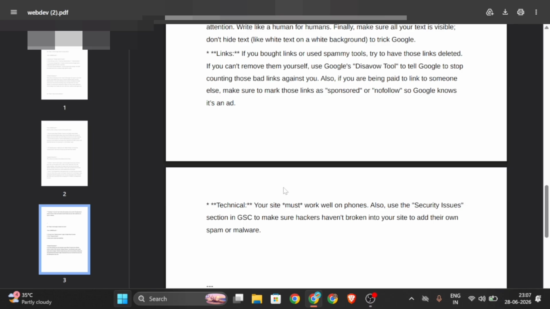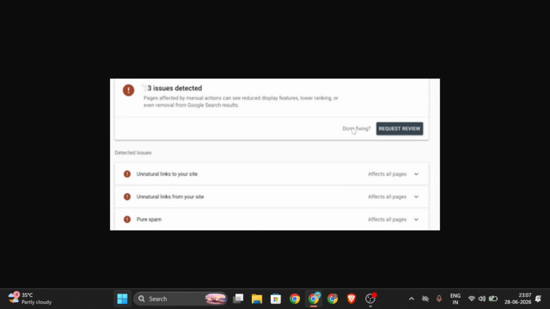If you ever log into Google Search Console and see an issue flagged under Manual Actions, use these steps to fix it immediately. Once you have cleaned everything up, don't forget to hit Request Review. I already told you this: if you fix all the issues, you then request a review. When you've found the solution and fixed the problems, you tap the Request Review button. If you don't submit a request, Google won't know you fixed it. So it's very important, and once that's done and approved, your error will disappear.